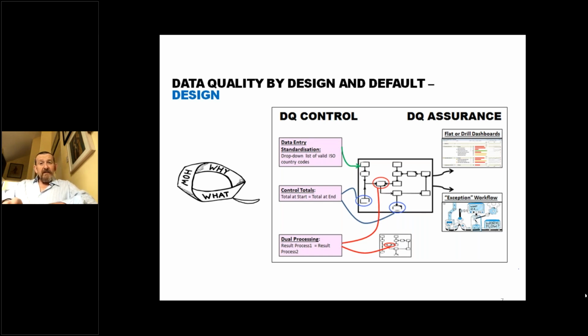And then the second set of data quality focus is around data quality assurance, which is looking for things maybe after the fact, or looking at data as a set, looking for maybe unusual trends or outlying values or suspicious correlations that wouldn't necessarily get captured on the run at operational time. Afterwards, data as a set can be analyzed to look for unusual things, as I mentioned, like suspicious correlations or outlying values, or suspiciously popular values. Like, for instance, it's okay for anybody to be born on the first, but it'd be slightly suspicious if 10% of your customers were born on the first. Anyone is perfectly entitled to be born on the first, but not 10%.